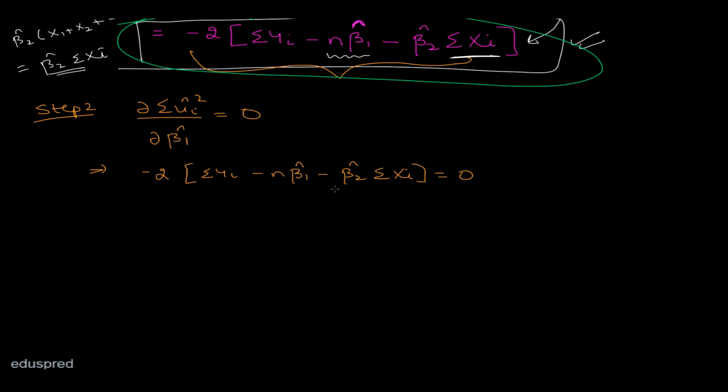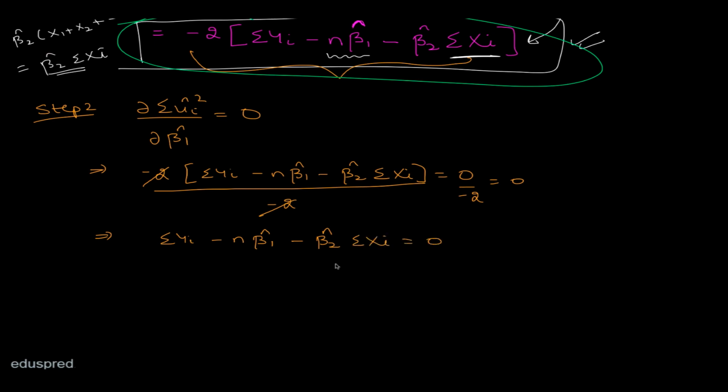Now we are going to solve this expression for beta 1 hat. To do that, I can divide both sides by minus 2. So this and this get cancelled, and 0 divided by minus 2 is just 0. So this implies summation of yi minus n beta 1 hat minus beta 2 hat summation of xi is equal